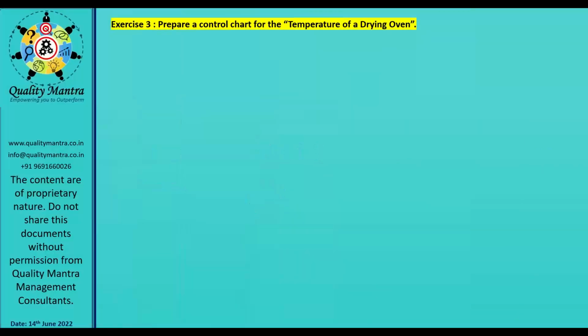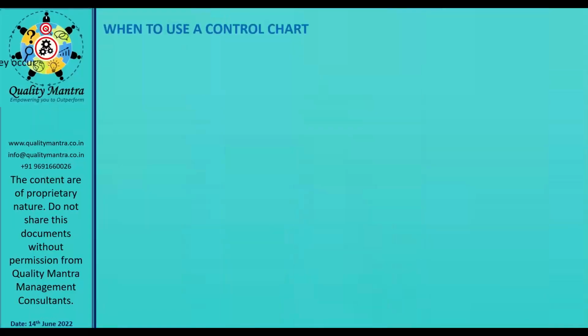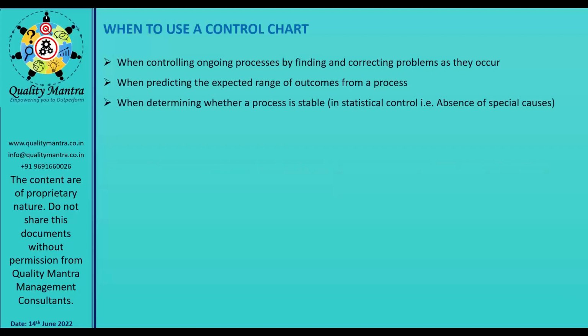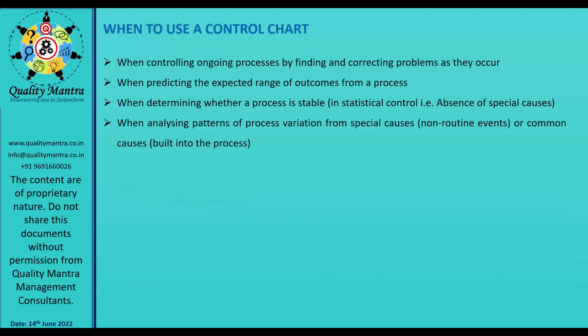अब कंट्रोल चार्ट की जो एक्सरसाइज थी, वो हमने ऑलरेडी कंप्लीट कर दी है। ओके. Now when you want to use the control chart, जैसे मैंने बताया, when you want to utilize it for monitoring the ongoing process, when you want to predict the expected range of outcomes from a process, when you want to check whether your process is in a state of statistical control or not, आपकी प्रोसेस स्टैटिस्टिकल कंट्रोल में है या नहीं है,